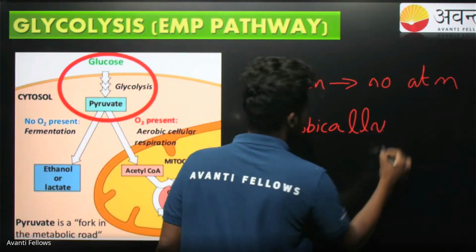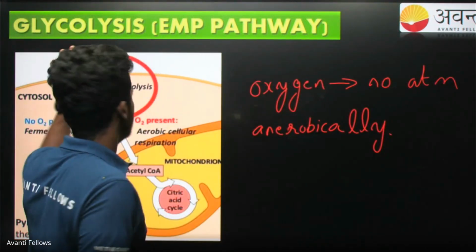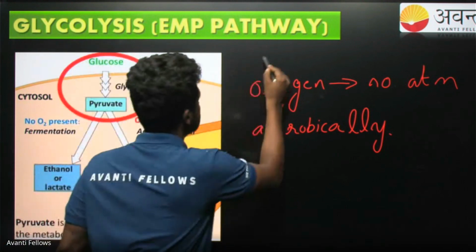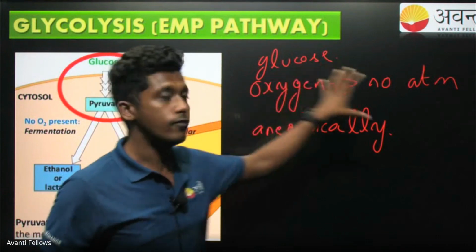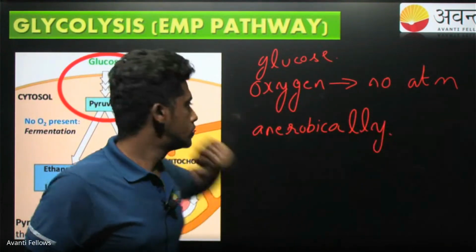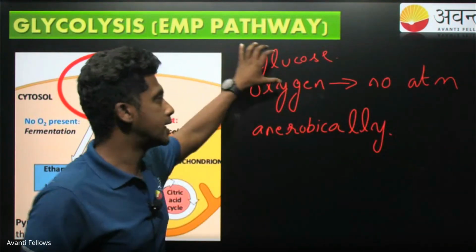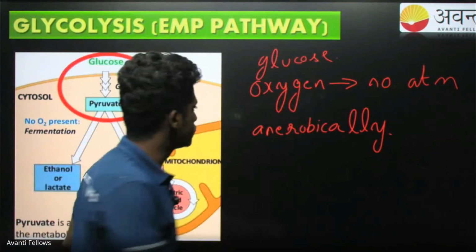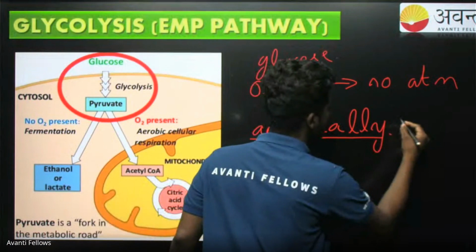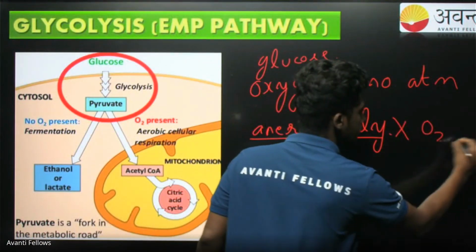So what am I saying, kids? Nothing. All organisms had this glucose, okay? And they didn't have oxygen in the atmosphere. So they had to find out some way to break down this glucose. And they did break down this glucose anaerobically, or without the help of oxygen.